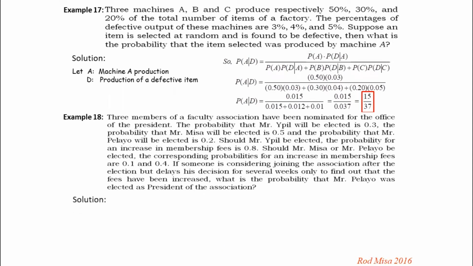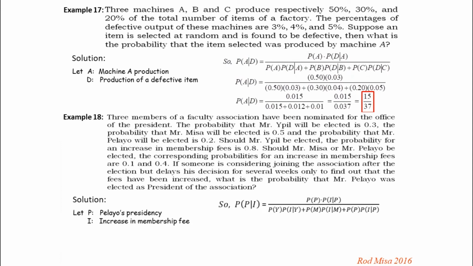So first, let us represent our events here. Let event P be Mr. Pelayo's presidency. In other words, it was Mr. Pelayo who won the election. And event I be the increase in the membership fee. So solving for the probability that it was Mr. Pelayo who won the election, given that we know already that there was an increase in the membership fee, this